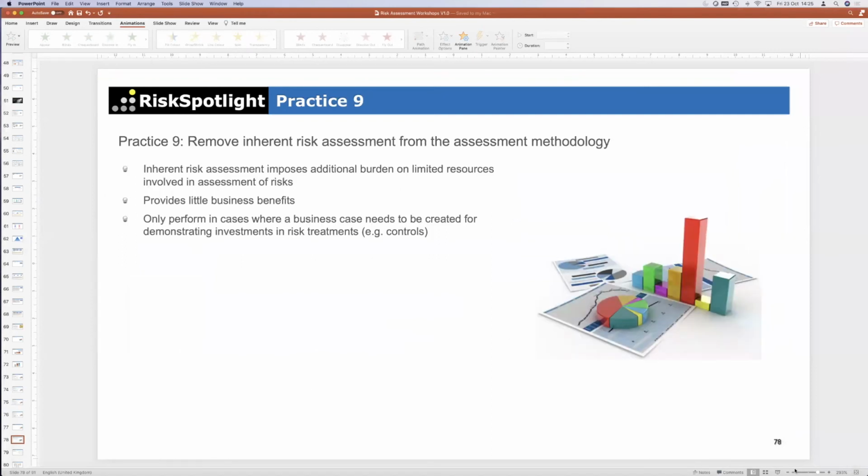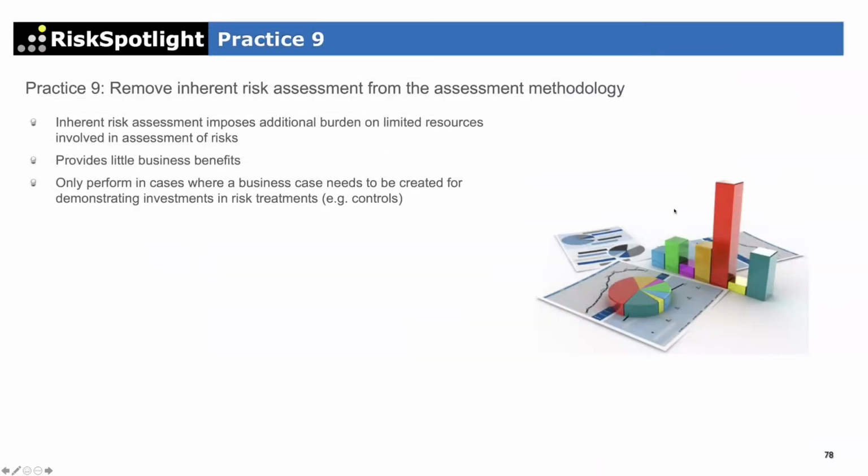Okay, so I was on the inherent AI. I don't have a lot to say here. As you can see, I'm not a fan, because I come from the first line. That's why I'm saying this from the first line perspective: it may be great, and it'll be really nice if the first line had a lot of time and you had the buy-in, but I think there are many other challenges we need to solve before the first line will be able to do a good quality inherent risk assessment. So until we get to that maturity, let's take it out and let's just focus on the residual risk exposure, because that is what we want people to focus on and manage with the controls and their day-to-day process.